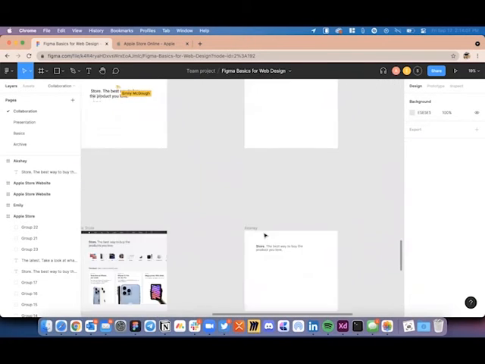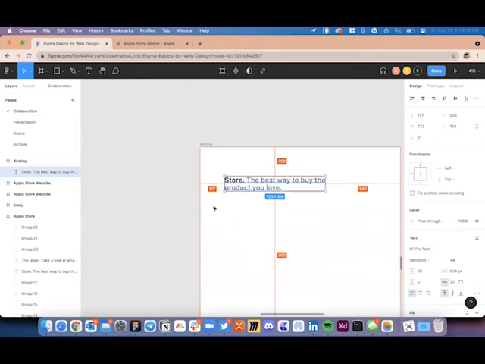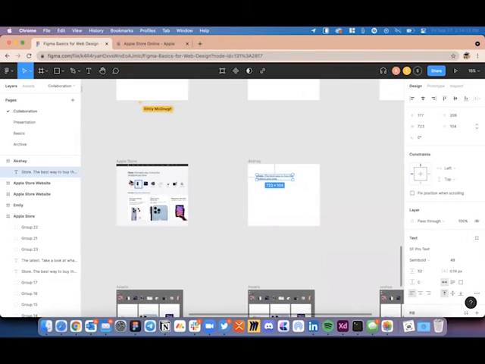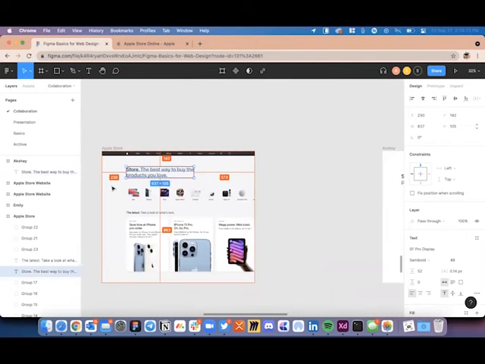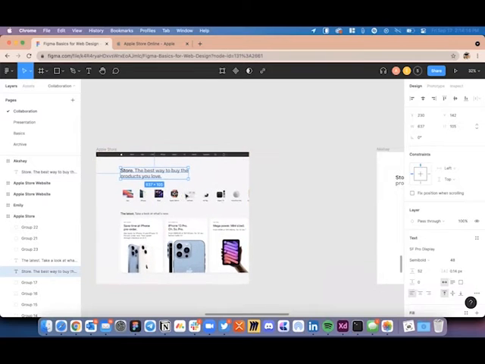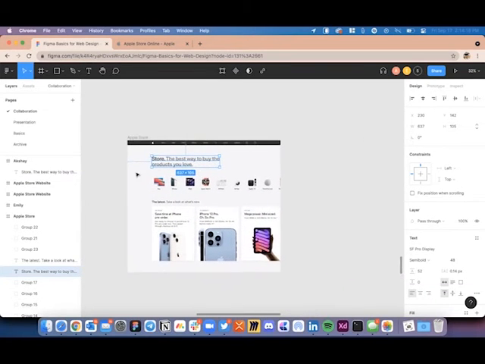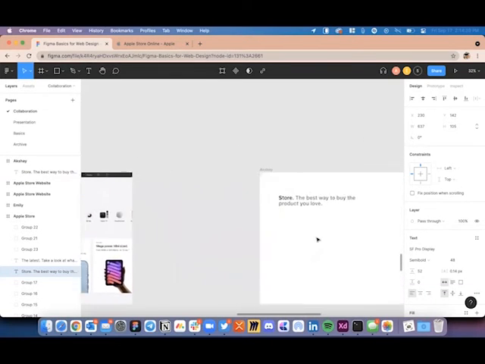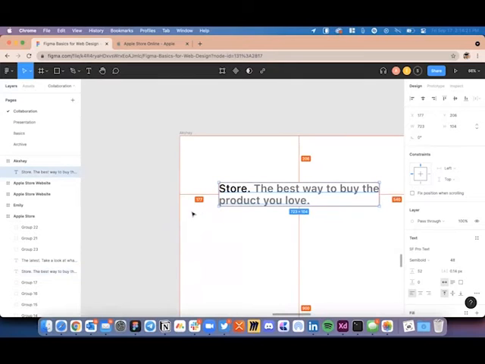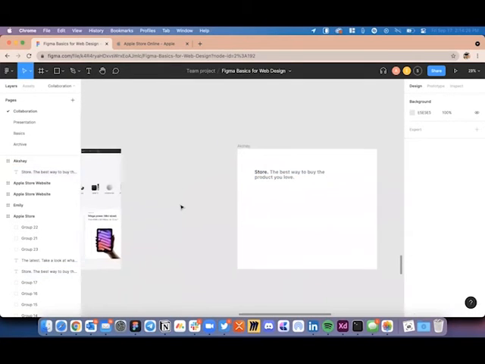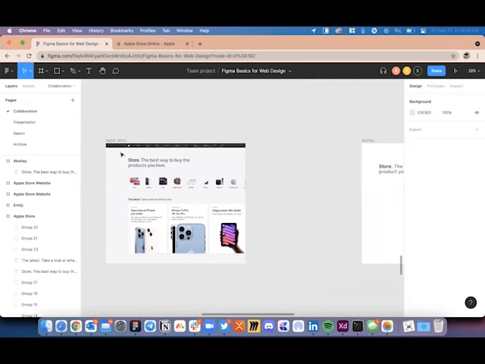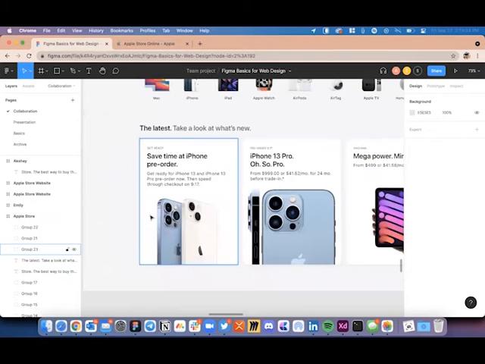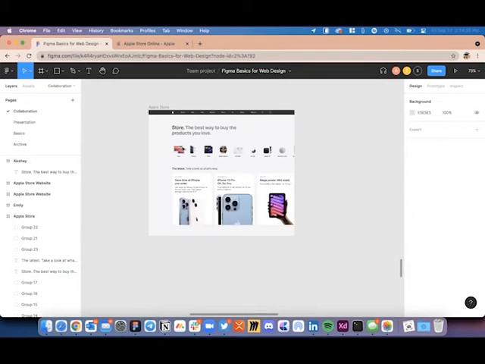You can align it to the specific X and Y value if you want to create the exact same thing, or you can keep it at a specific distance from the left and the top. The other thing that we see is that the Apple Store website is not using a white background, and you can see that the white elements are standing out slightly more.